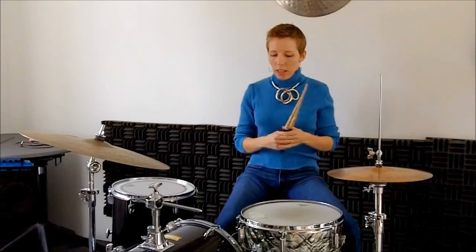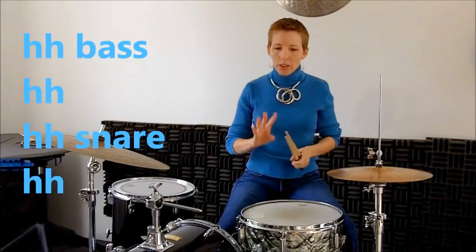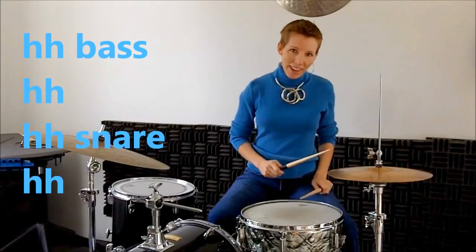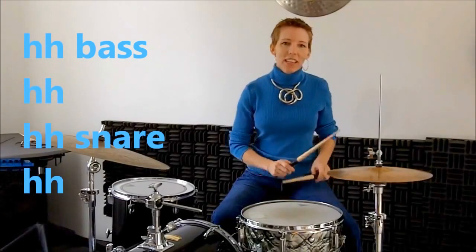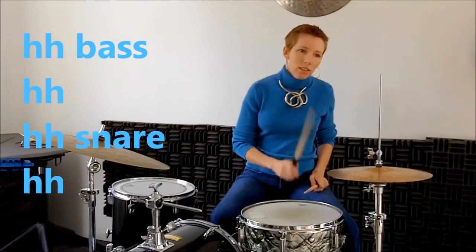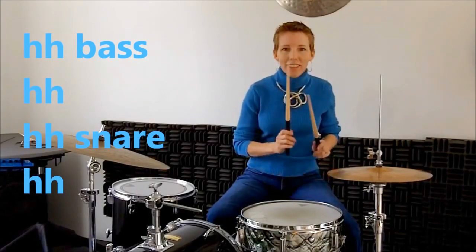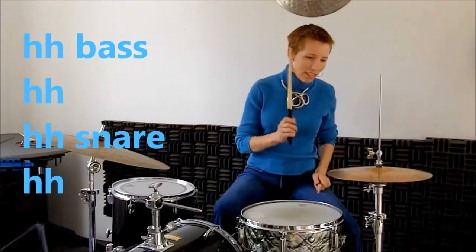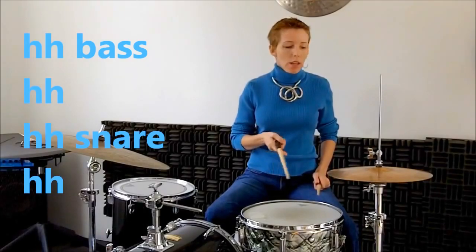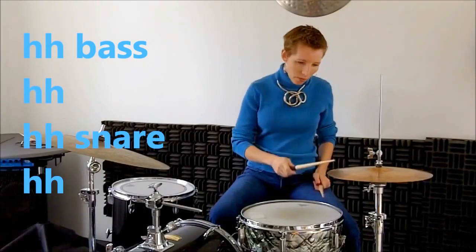Now the first beat, I've broken it down into 4 steps, and it's hi-hat bass, hi-hat, hi-hat snare, hi-hat. It's going to take a while to even get it up to that speed, but once you get comfortable,